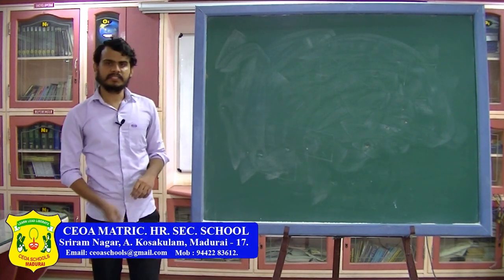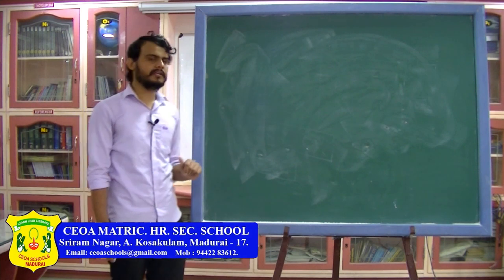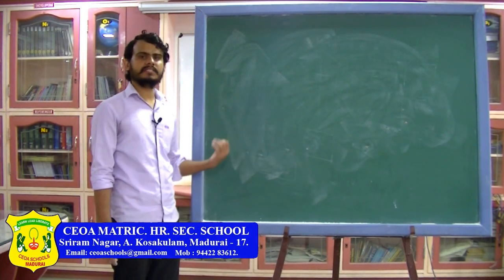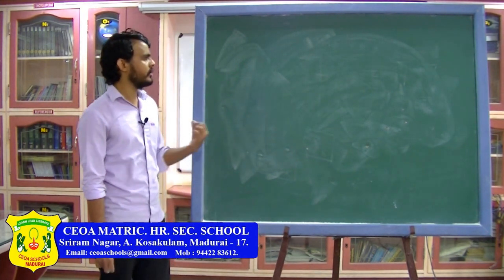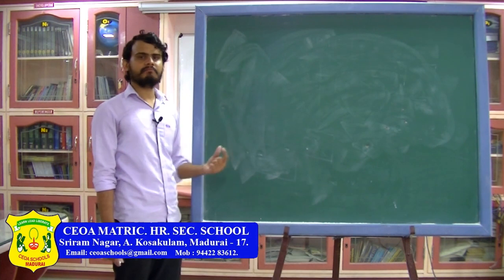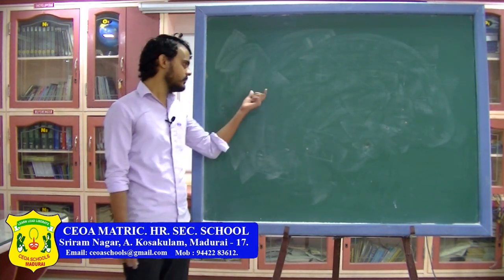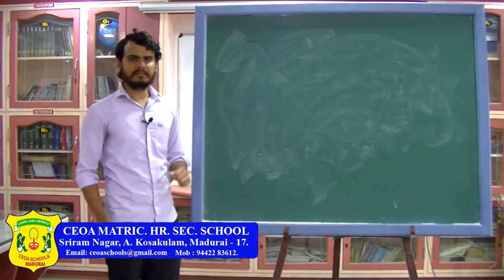In previous classes we have seen that if you fill the gap between the capacitor plates with a medium of relative permittivity epsilon r, the capacitance increases by epsilon r times. Now let us see what happens if you do not fill the gap completely, but you just insert a very narrow dielectric slab which has very less thickness between the capacitor plates.